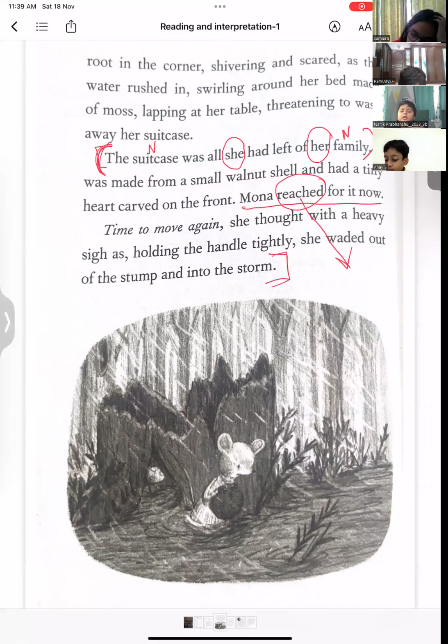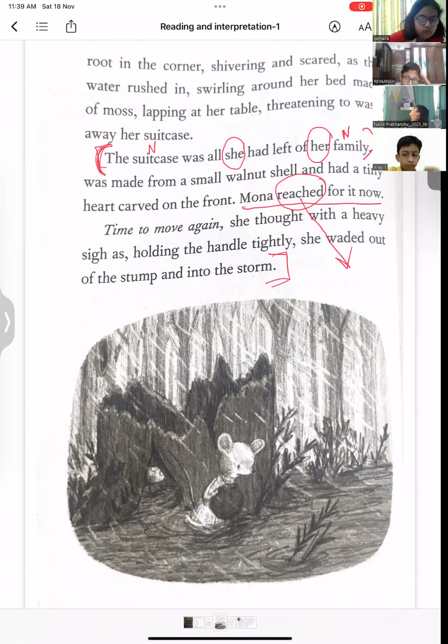Can you see it's been flooded, children? Can you see how the setting looks in the picture? Now she's shivering and she's scared. When you are scared, you will shiver, and you also shiver when you feel cold. Both are possible in the text right now. Why am I describing so much, children? When you read, you have to think in depth. Don't read just for the sake of reading. Involve yourself thoroughly in the text.